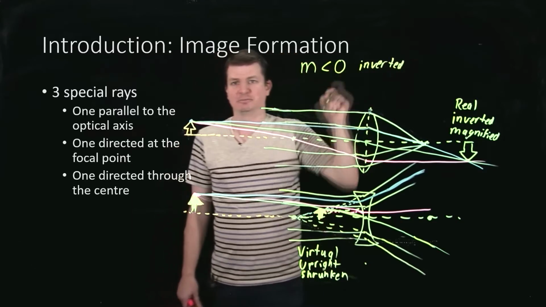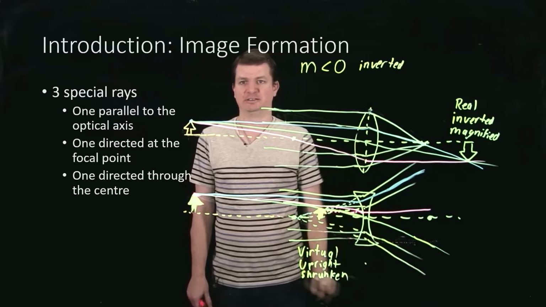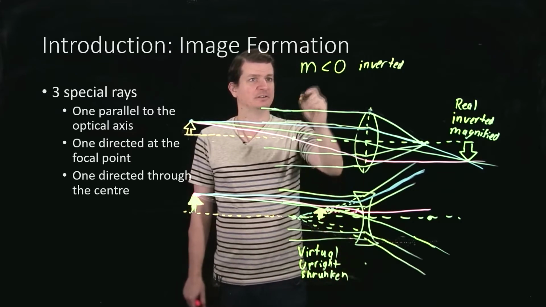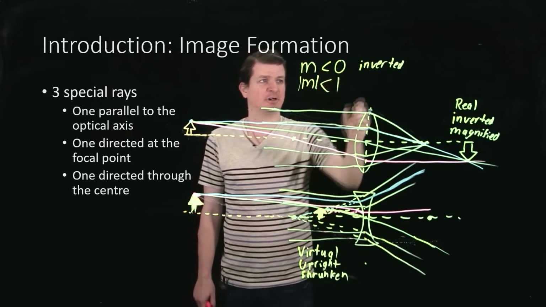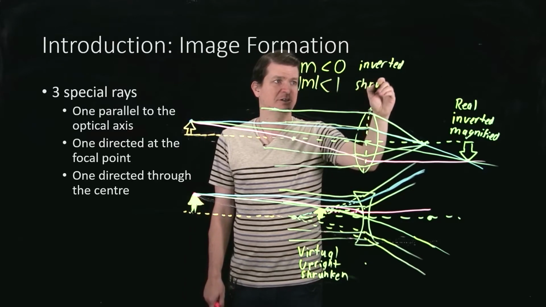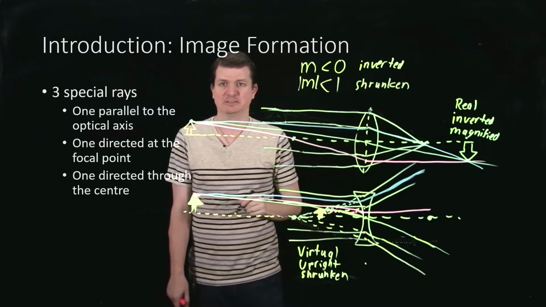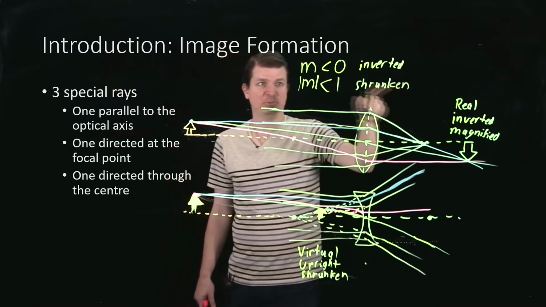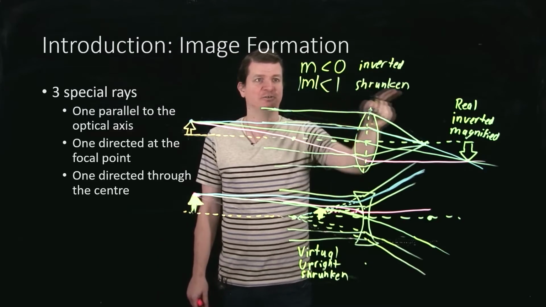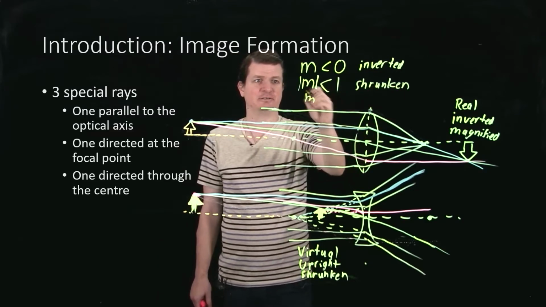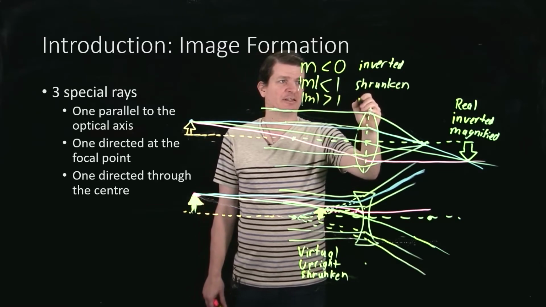Otherwise, if m is greater than 0, then you have an upright image. And if you take the absolute value of m and find that it's less than 1, then the image has been made smaller. Whether it's upright or inverted doesn't matter anymore for the purpose of talking about the image getting smaller or bigger. A shrunken one will have the absolute value of m less than 1. And if the absolute value of m is greater than 1, then it's magnified